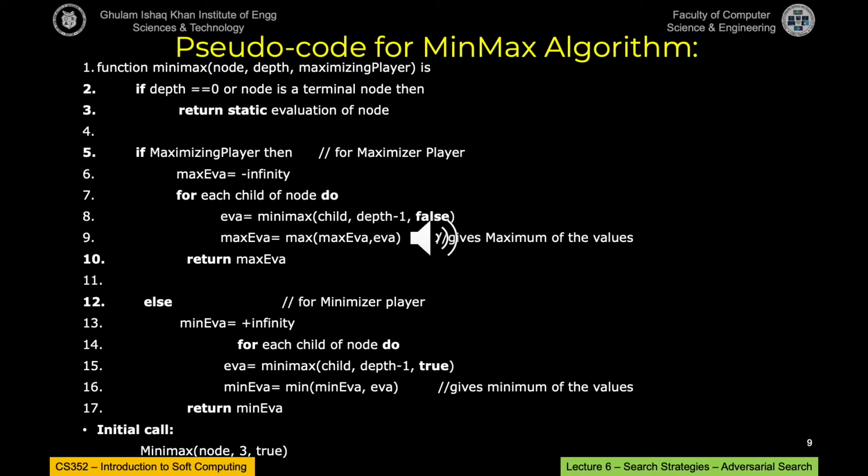देनी है। अच्छा, ऑन द अदर हैंड अगर ये मिनिमाइज़र के लिए आप कर रहे हैं तो देन आपने पॉजिटिव इन्फिनिटी से स्टार्ट करना है, यानी कि सबसे बड़ी वैल्यू, और उसको कम से कम करते जाना, जो उससे छोटी वैल्यू मिलती जाए उसको सिलेक्ट करते जाएं, ठीक है। और सेम प्रोसीजर गोज़ के पहले तमाम चाइल्ड के साथ पूछें और वो हर चाइल्ड जो है वो मैक्सिमम या मैक्सिमाइज़र का रिजल्ट आपको दे रहा हो। तो इसलिए आप यहाँ पे ट्रू देख सकते हैं, एवा इज इक्वल टू मिनी मैक्स चाइल्ड डेप्थ -1 कॉमा ट्रू। ट्रू मीन्स कि ये मैक्स से पूछ रहा है, और उसके बाद वो मिनिमल वैल्यू सेलेक्ट करेगा, उसको रिटर्न करता जाएगा।